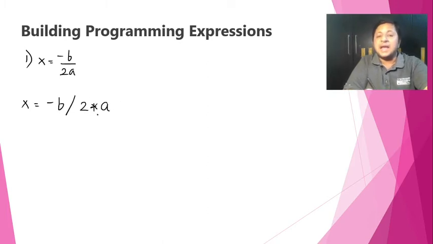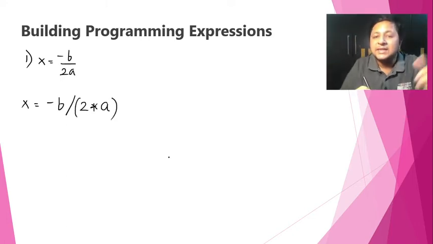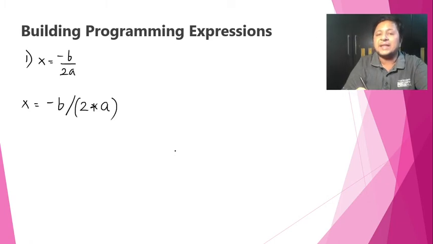Now, but if I leave it as it is, divide and multiply both are equal priority. So they will take up the priority from left to right as per their associativity. And this will result into minus b divided by 2. And the whole into a, which is not same as what we want. And that is the reason we have to understand this and apply extra brackets here. And when I do that, then now it will match to what we expect. So that is what is very important to understand. Okay. Let us do one more.